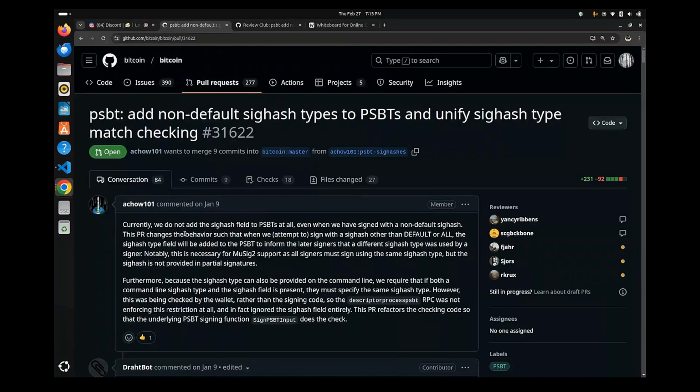Here it simply says that before this PR we have sighash values. I think you all know what a sighash is. The sighash is something appended after every signature to commit to the entire transaction or a specific input or output. There are many types of sighash we use, like anyone can pay